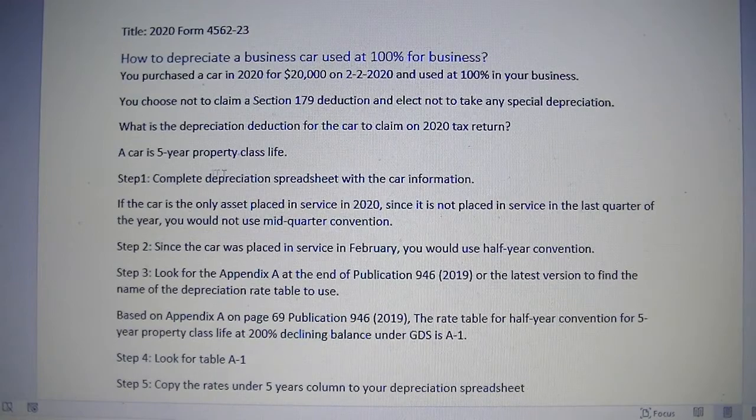So step 1, you'll complete the depreciation spreadsheet with the car information. If the car is the only asset placed in service in 2020, and that's what we will assume, then you're not even going to worry about the mid-quarter convention. Because you place it in service in any quarter other than the last quarter, automatically you fall back to the half-year convention. That's what you will use. And because you are using the car 100% for business,